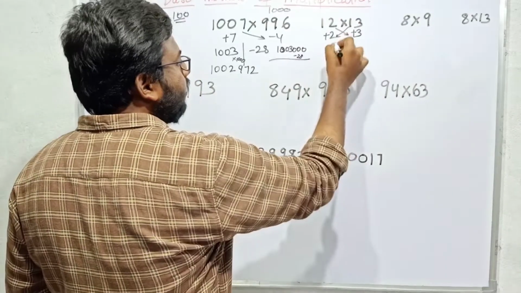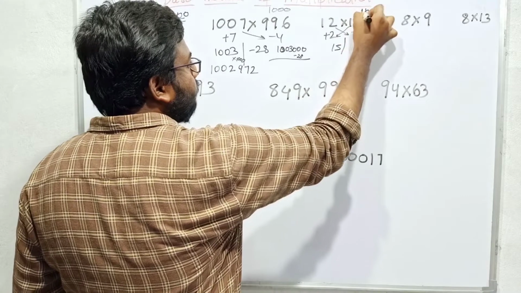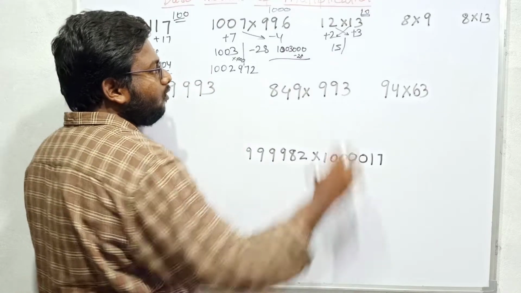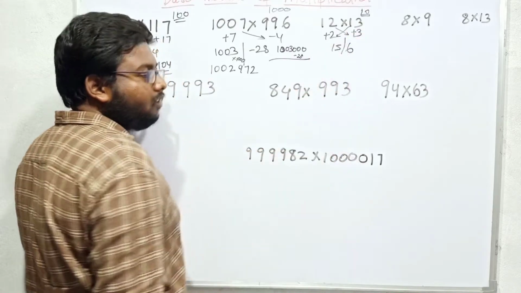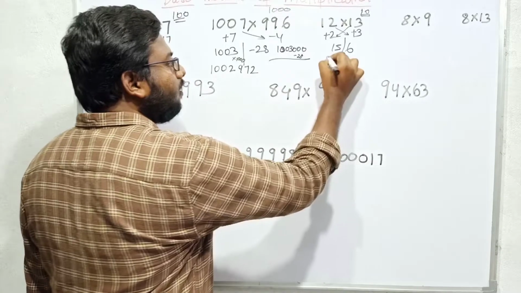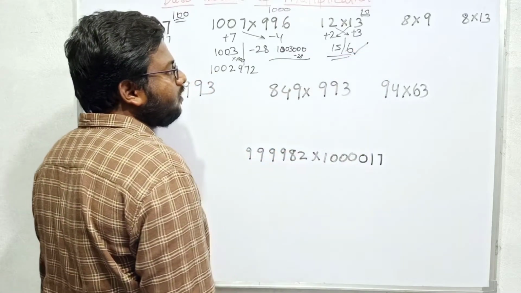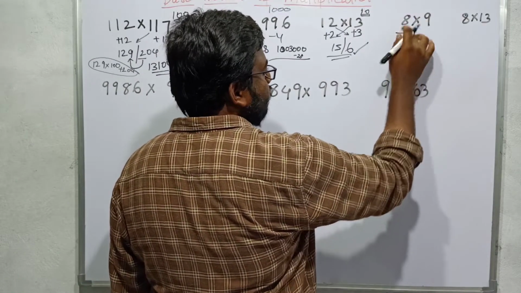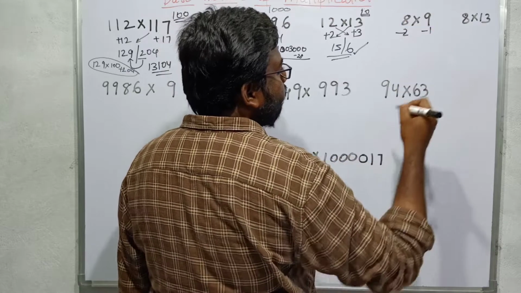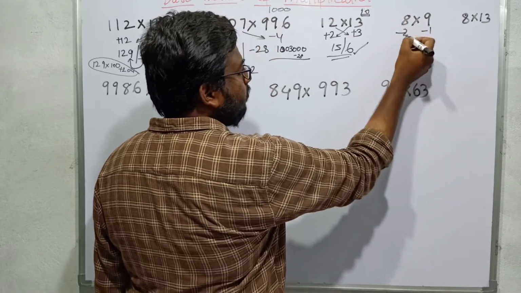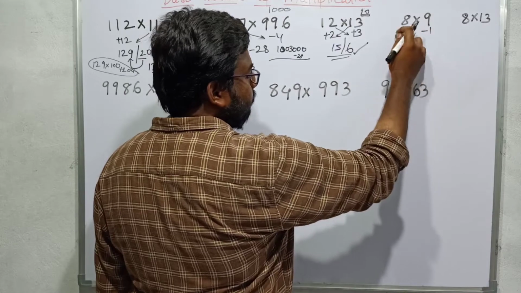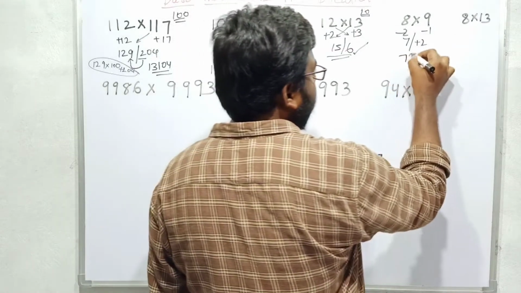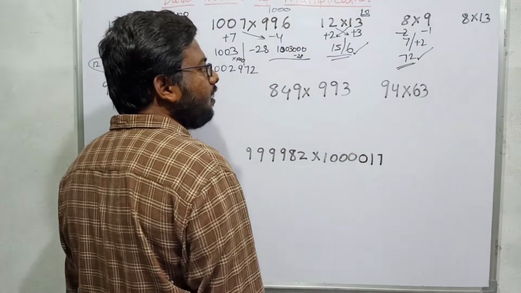12 plus 3 is 15, and since it is calculated on base 10, because both the numbers are near to 10, 2 threes are 6, and after the slash, since it is base 10, one digit is permitted. So this is simply one digit, so 156 is the result. There is no need for settlement for this. This is minus 1 far from 10, this is minus 2, I am sorry for this, and minus 1 far. If I calculate this, I will operate on the small number, this will be 7, and plus 2, minus 2 into minus 1 is plus 2, and after the slash there is a single digit, no problem. That is why I can merge this number and I will get 72.